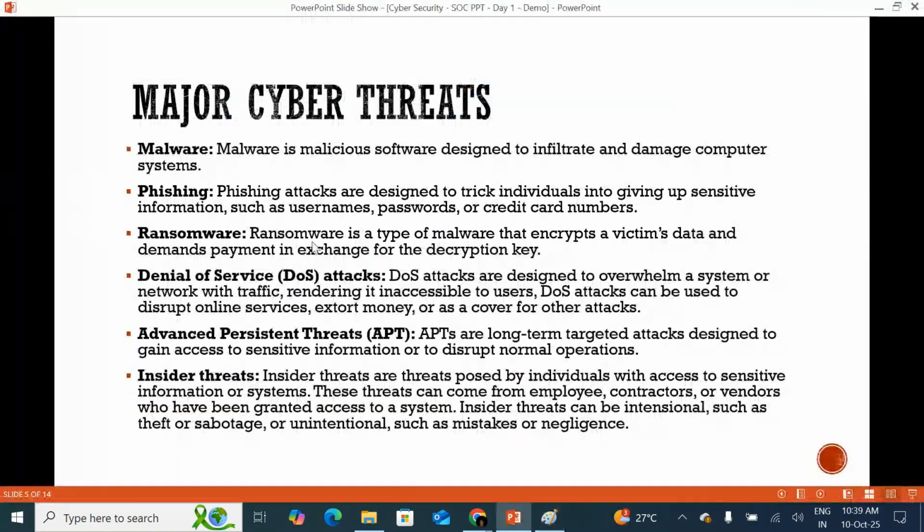See, ransomware is a type of malware that encrypts a victim's data and demands payment in exchange for the decryption key. Understand? After decryption, the original format will come back. But if you want to apply the decryption, we don't have it. Why? Because it is not our encryption, it is the attacker's encryption, so the attacker needs to send the decryption. Okay, sir, we are skilled, so we can find it out, but it will take time. Exactly. Yes. Sometimes nobody will depend on sending the money.